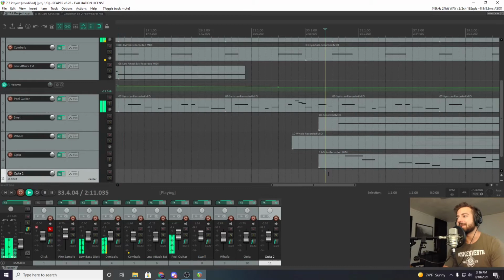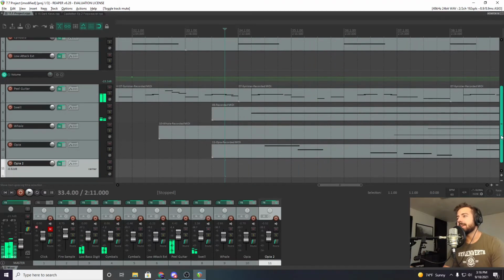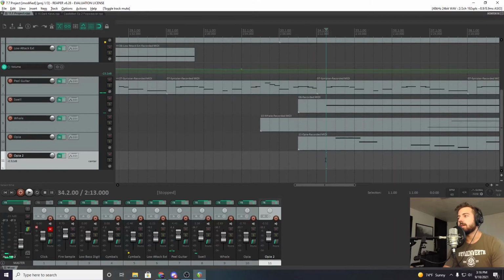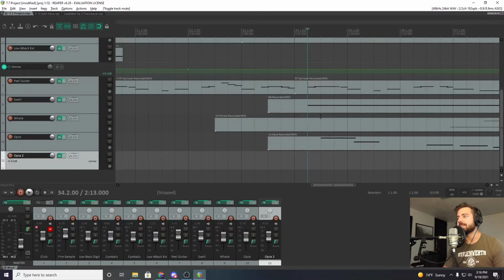So then we do that again with this opia. And note again, the opia is coming in when nothing is coming in on the Peel guitar. You know, they're generally not hitting a note at the same time, and that allows, not only sonically is the opia taking up space the Peel guitar is in, that opia is rhythmically coming in, hitting things that weren't getting hit, and it's fleshing things out without stepping on the toes of the Peel guitar's part, which is the lead melody. You don't want them fighting. You want them, like I said, working in harmony, kind of peeling together like a zipper.